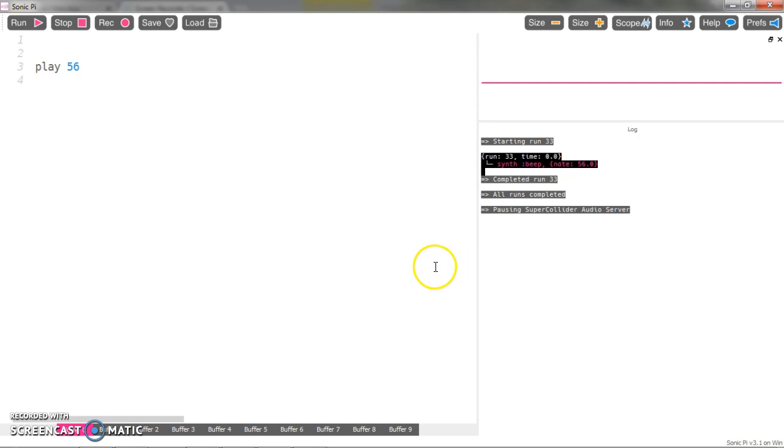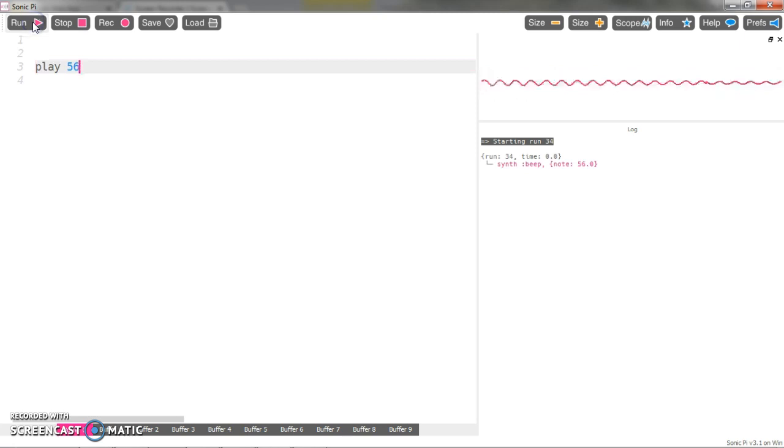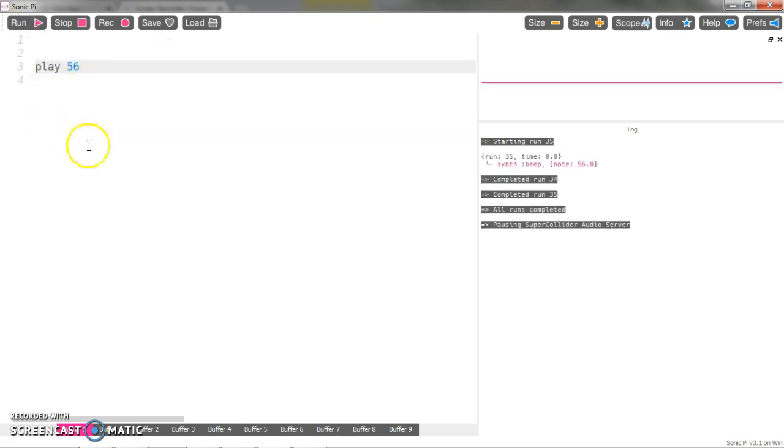When you run Sonic Pi, it tends to come up with this area over here, which is called the code editor, and that's where we write our code. We write our code by typing in commands like the one shown there, play 56, and if you press run you hear the sound. If you ever have a piece of code you want to save, you can press save,